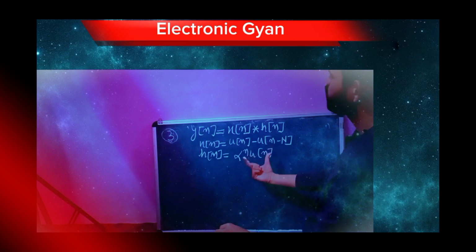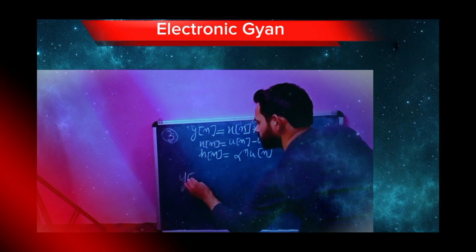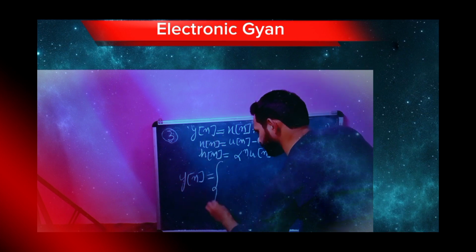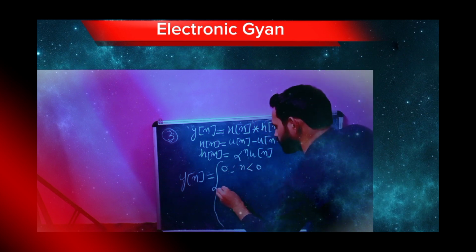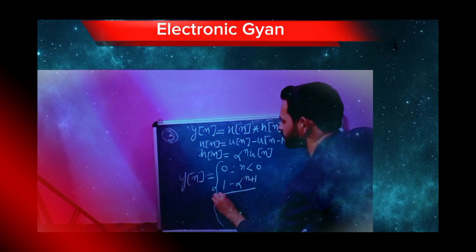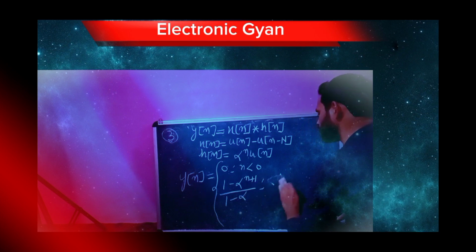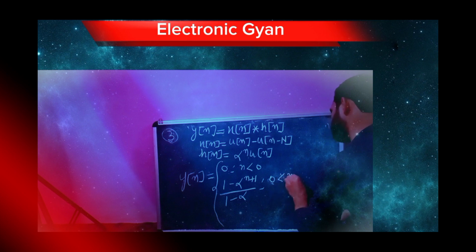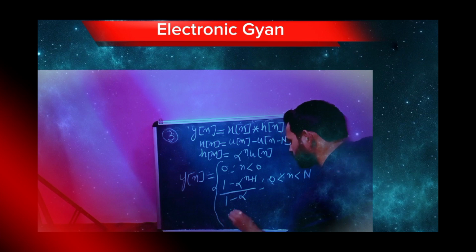Yes, for this input and impulse response, we found the resultant convolution as output y of n is equal to 0 for n less than 0, and 1 minus alpha to the power n plus 1 divided by 1 minus alpha for n greater than 0 but less than capital N, and we found alpha to the power n minus capital N,